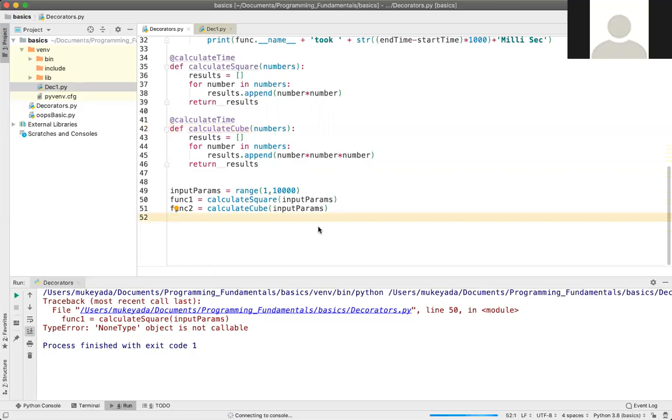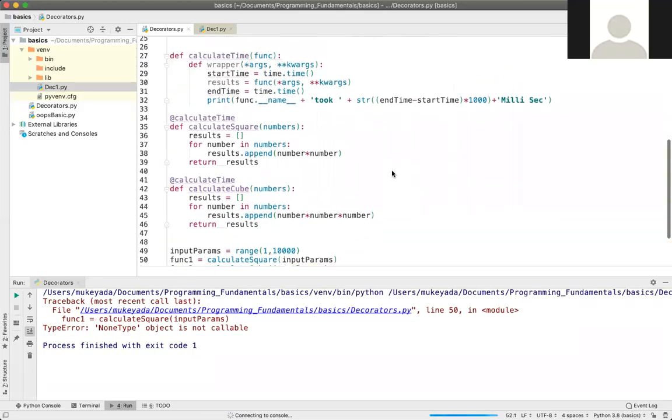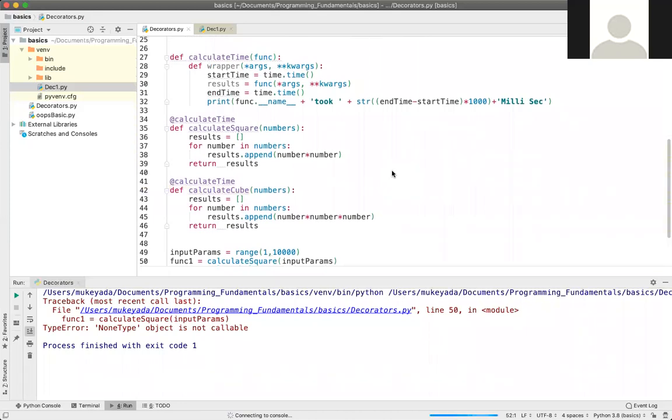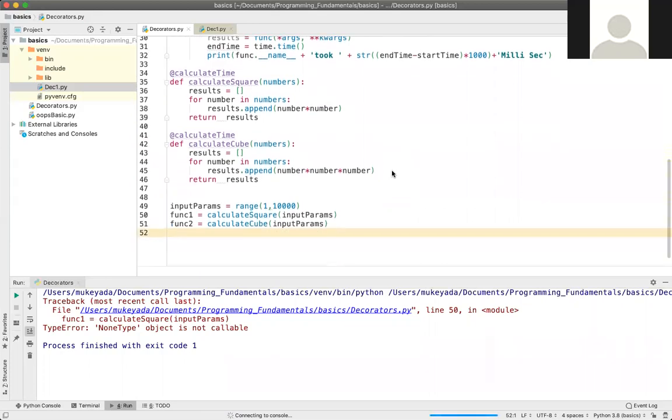Is that okay? So here, guys, do you see anything? Calculate time function result. Yeah, guys, see.